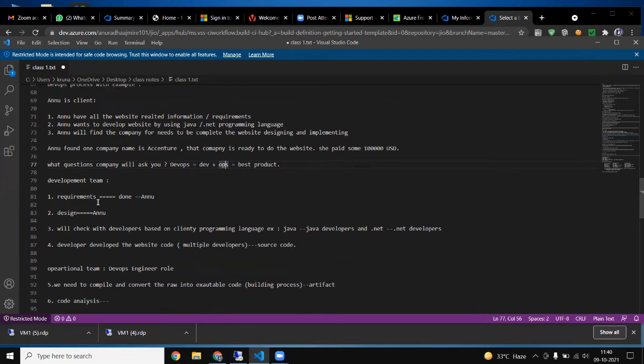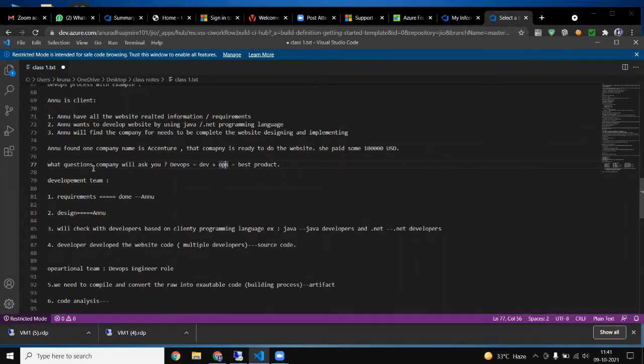If you are a DevOps engineer, it means you are doing the work of 4-5 people at one time, and that's why DevOps engineers are getting very good salaries nowadays. In every company they have projects, but they don't have DevOps employees, because in today's market there are only 10 to 20,000 DevOps engineers.